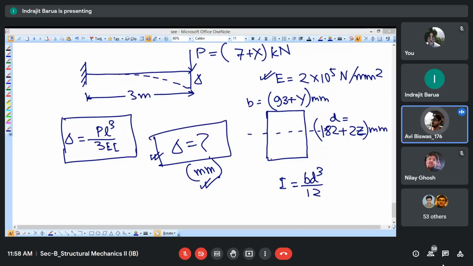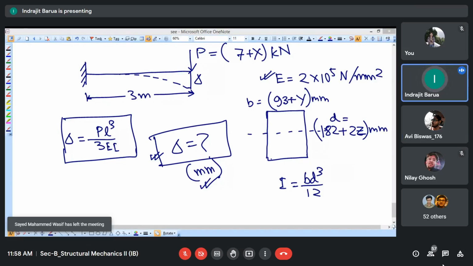Sir, do I write millimeter in the answer or just the number? Millimeter, no, don't write millimeter. I will be writing the millimeter at the top of the column. Answer unit in millimeter, I'll be writing that. Okay, sir. Please do not write only the number. No, I saw another student doing that, so I just asked. I also see it every day.